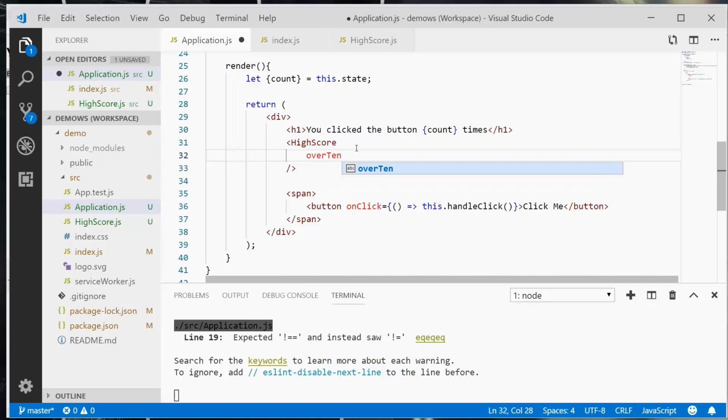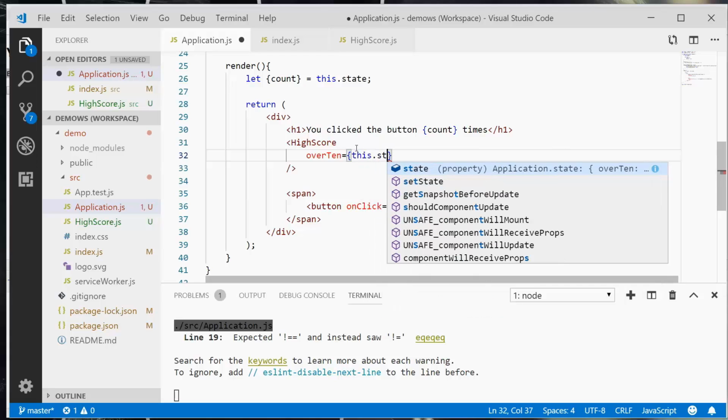You can create any property that you want. In CSS there are certain properties that do certain things. You can set a class name or an ID of an element, and the property names you can use in HTML are for the most part predefined. In React, when you're passing properties, you just make them up however you want to. So in this case we're going to create a property called over 10,